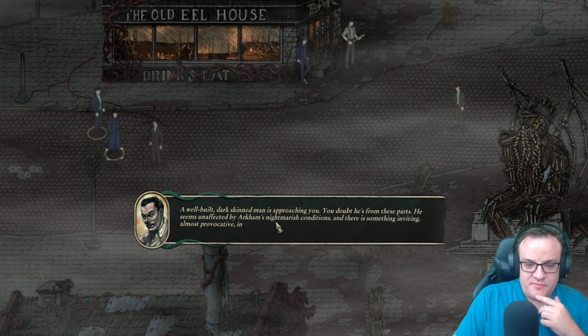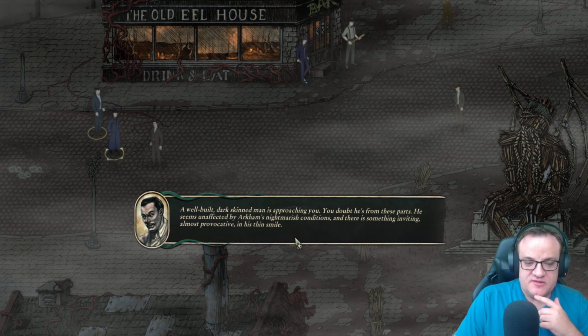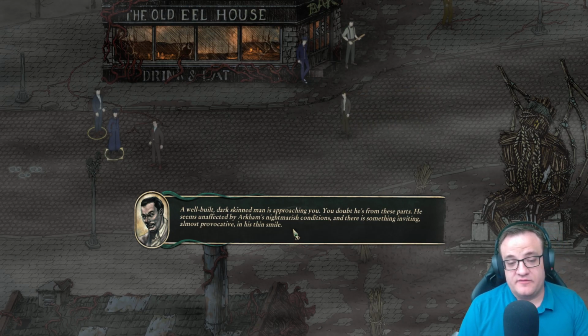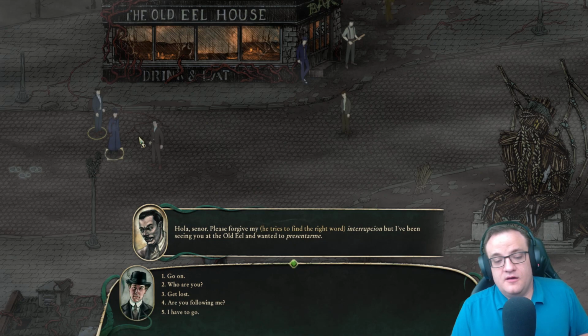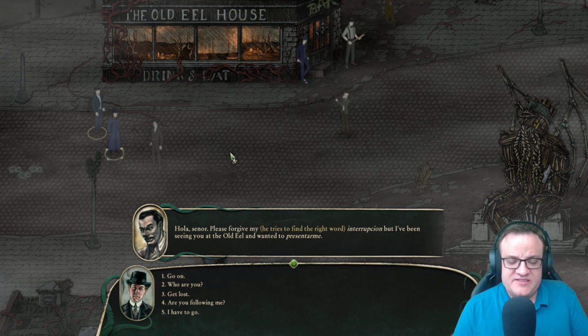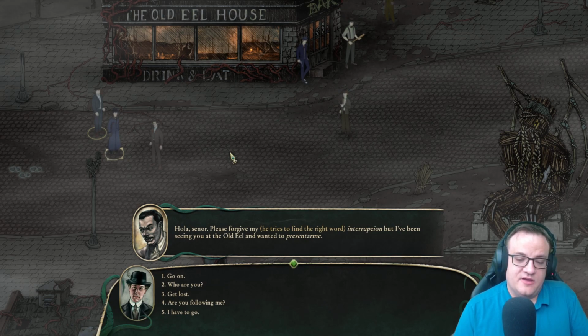A well-built, dark-skinned man approaches you. You doubt he's from these parts, seems unaffected by Arkham's nightmarish conditions, and there's something inviting, almost provocative, in his smile. Hola, senor. Please forgive my interruption, but I've been seeing the old eel and wanted to present to my...